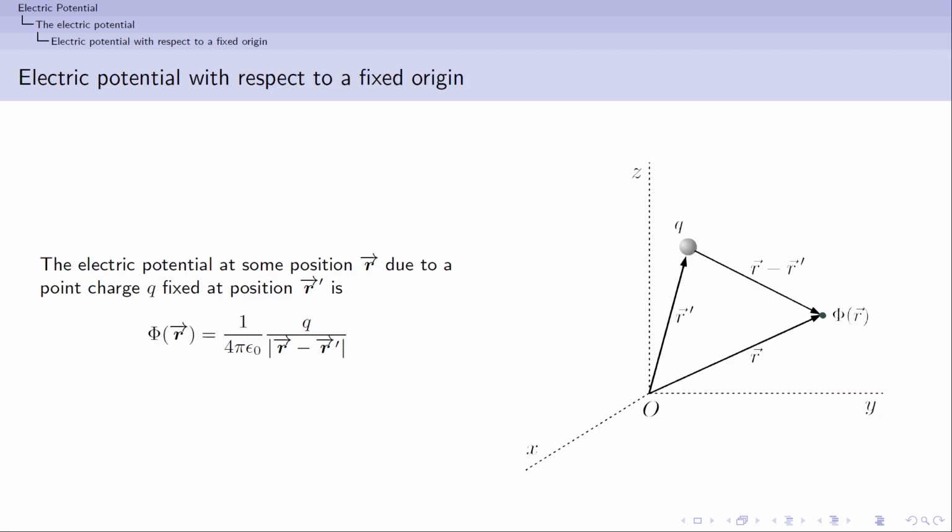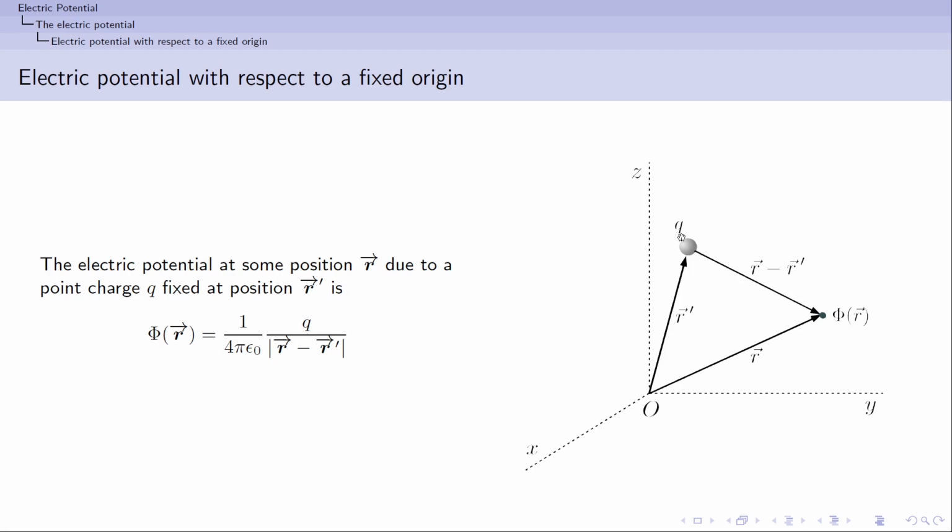So now we could use these vectors, the prime and unprime notation, which I had talked about in the previous lecture, to give a more rigorous expression for the electric potential. Let's say I have a point charge Q which is at some position R prime. If you recall, prime means we are referring to the source position, and unprime coordinates means we are referring to the field position. Okay, so of course this is a scalar field, so we are using R over here. So I want to find out what is the potential at this point due to this point charge.